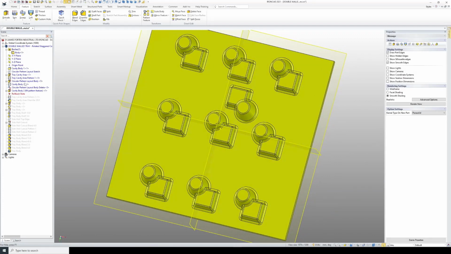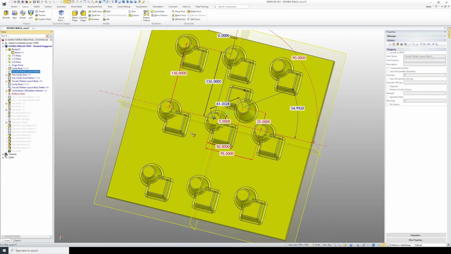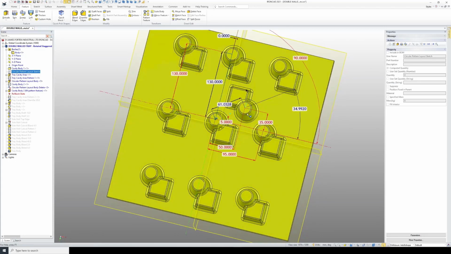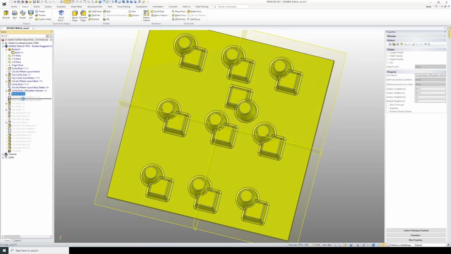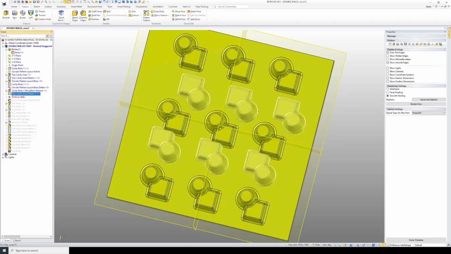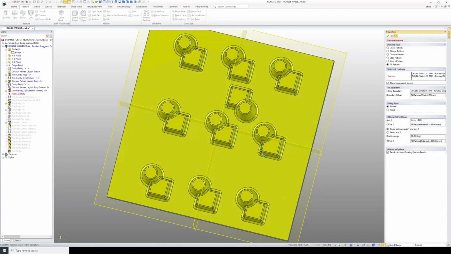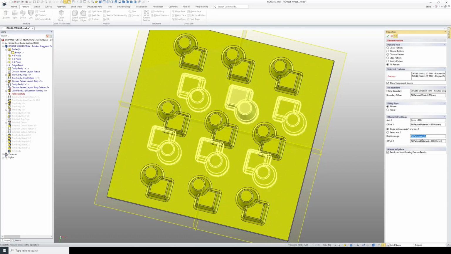I'm just going to check the position of my sketch, and that's correct. And check the parameter values of this one. So edit. That's right, I forgot here to put in the parameter name. So fill pattern angle. So that there now